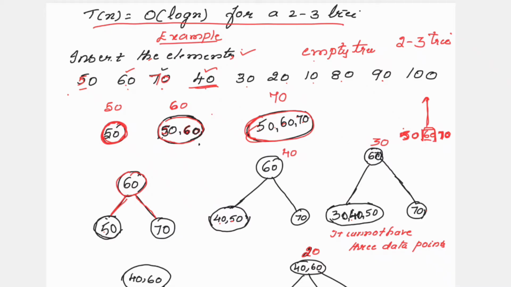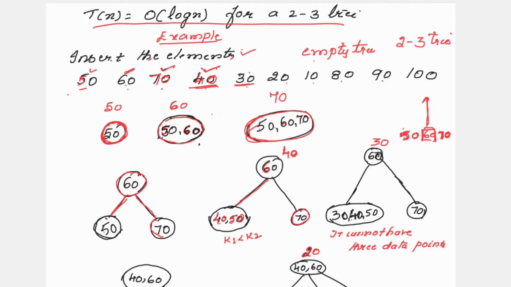Now after this you need to add the next element. The next element is 40. So where will you place 40? 40 is less than 60, so it will come towards the left side. Since you already have the element 50, you can insert this 40 in the same node, but it should be towards the left side, because that is how you place 40 and then 50. The 70 you keep as it is. So you have now completed 50, 60, 70, 40.